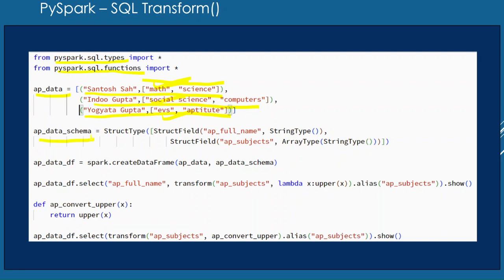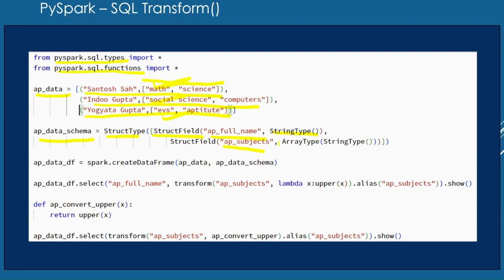Here I am creating a custom schema with the help of StructType and StructField. In the StructField, I am defining a column name and its data type. This is the column name AP underscore full name, and its data type is string type.